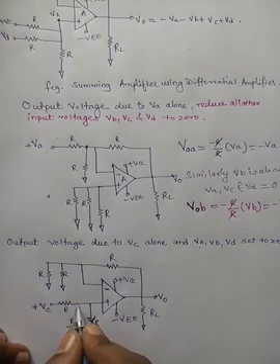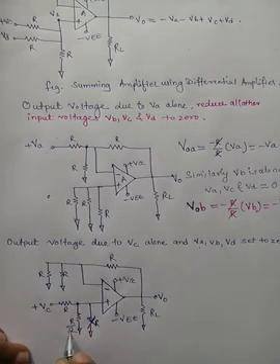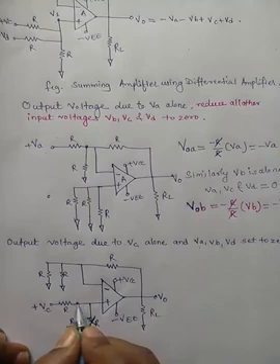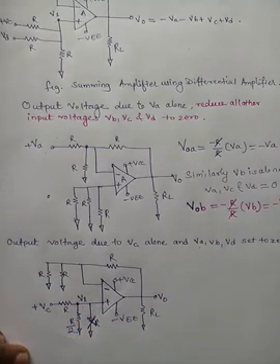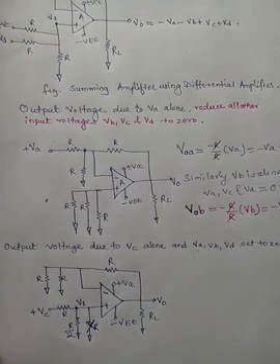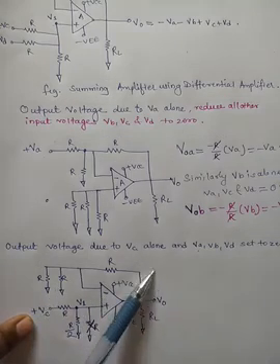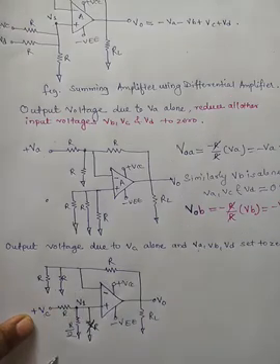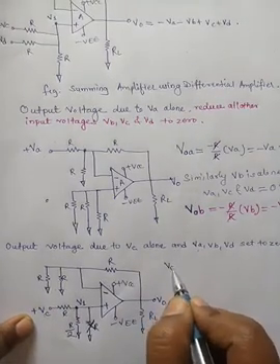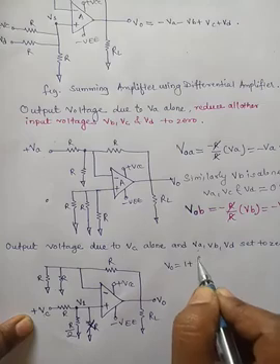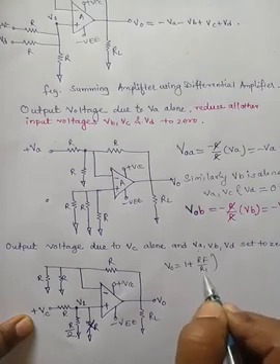Okay, so only one resistor is present, which is the R by 2 resistor, and the voltage across this is V1, that will act as input to the non-inverting input terminal. Now we know that when input is given to the non-inverting input terminal and the inverting input is at ground potential, the circuit is in non-inverting configuration, and the output voltage for such a circuit is 1 plus RF divided by R1